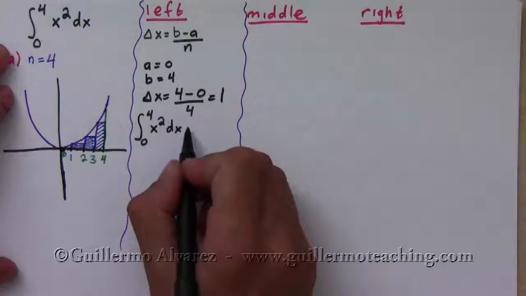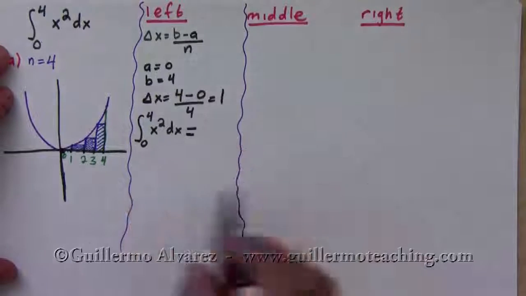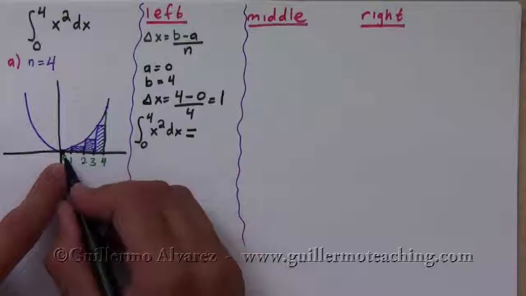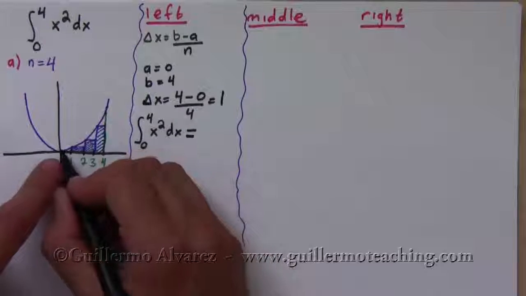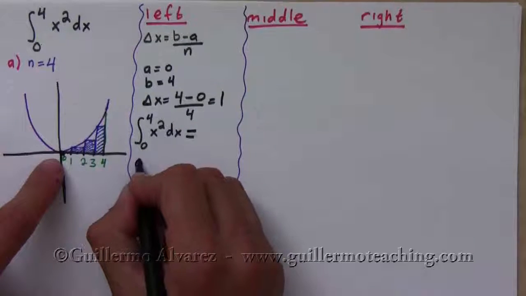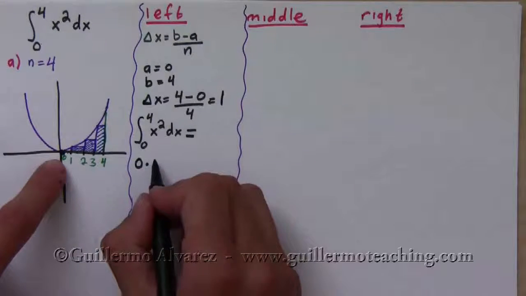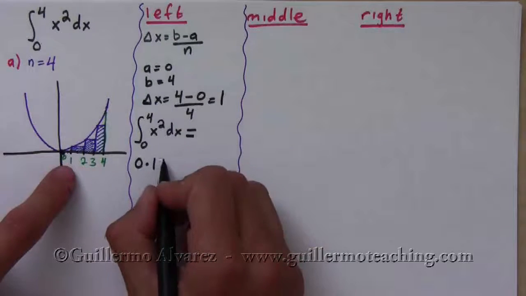This is equal to, the first rectangle has a height of 0, so this is going to be 0 times the base of the rectangle, which is 1, plus